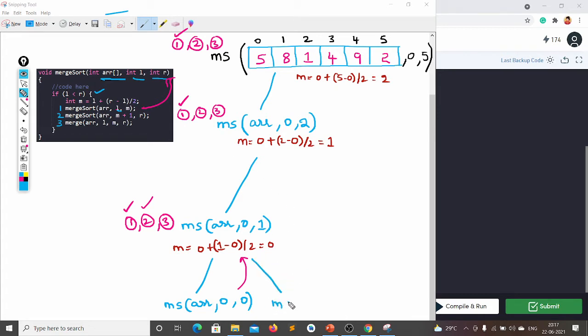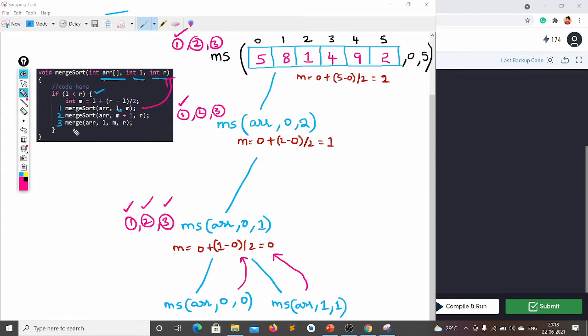Merge sort of array. Now in the second function, what is it calling? m plus 1, where m is 0, so 0 plus 1 is 1, comma r is 1. Again it will not go to the third step; it goes from the starting and checks is L less than R? No. Then it will say there is no use of me, so you can perform the third function. So it will perform the third function.